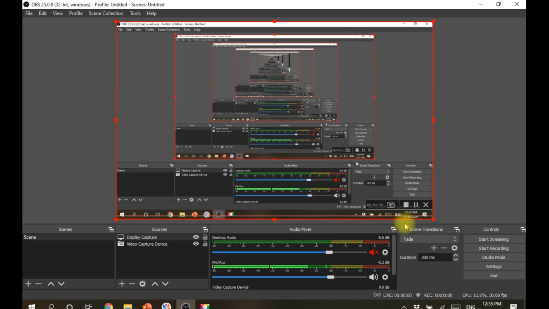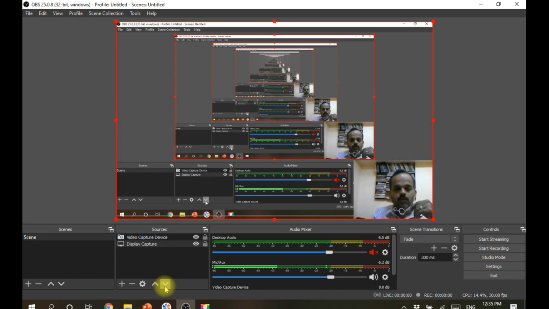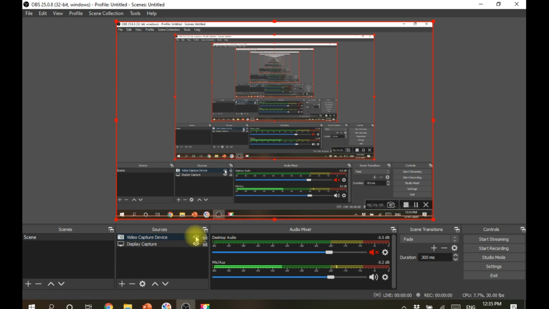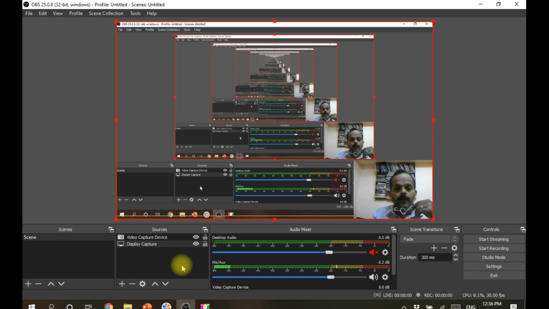In this fashion, we can adjust anything. Now the display capture is coming down. If you want to hide the display capture, just click here and it will be off. You can also hide the camera. Now this is ready for screen recording.